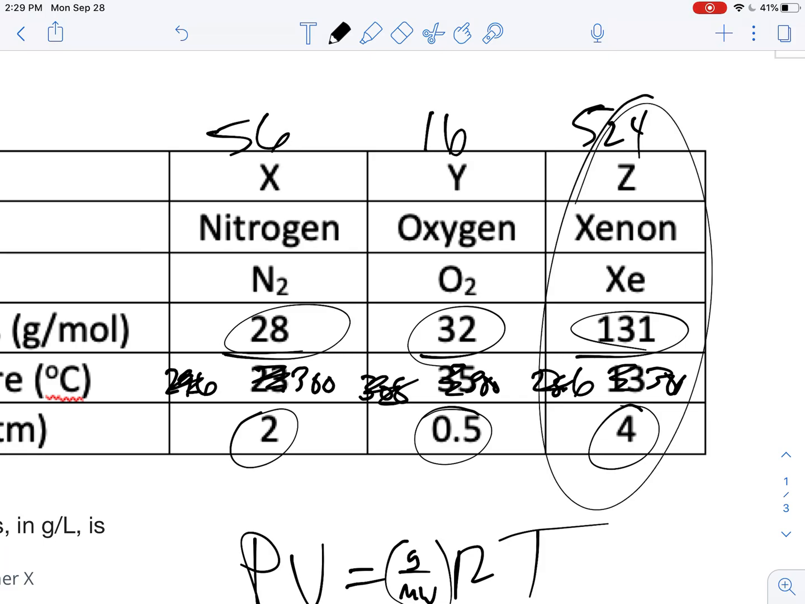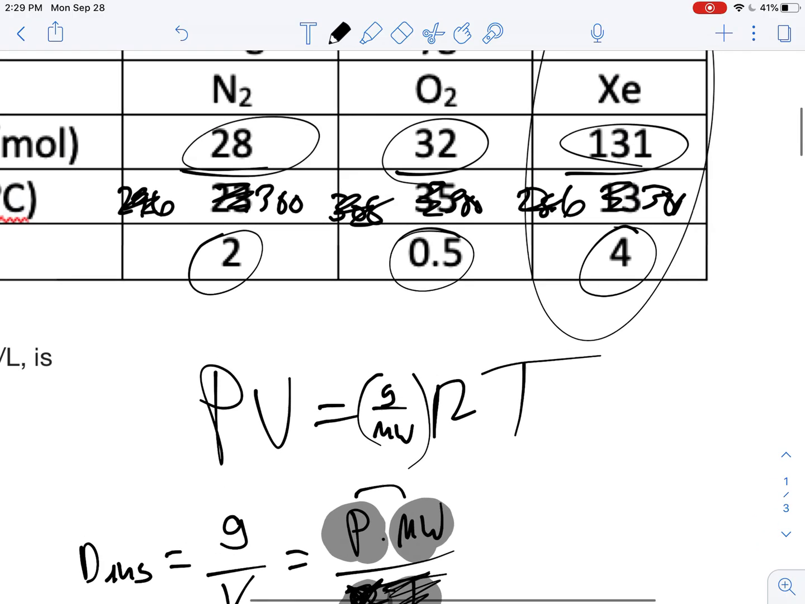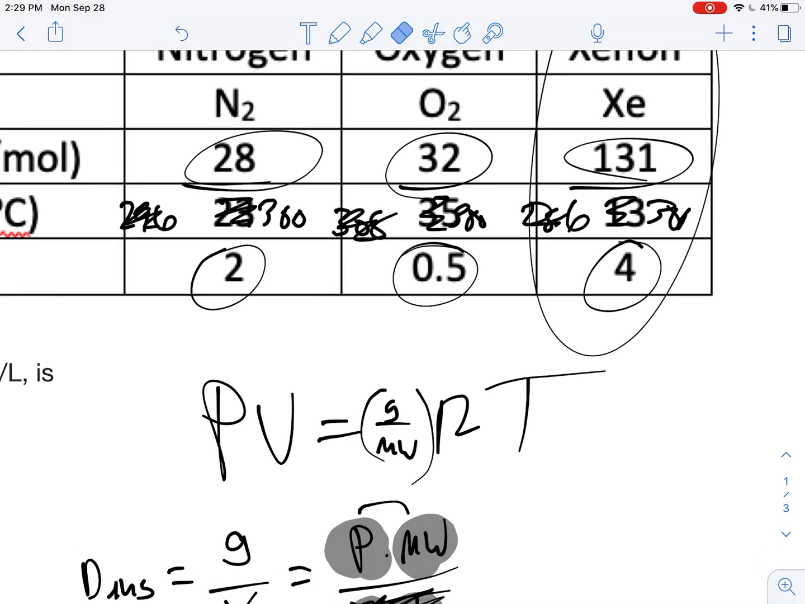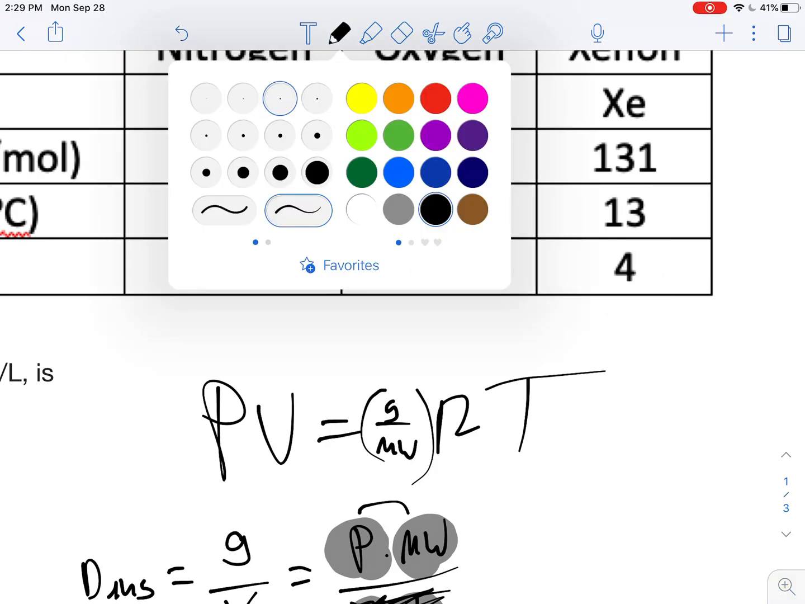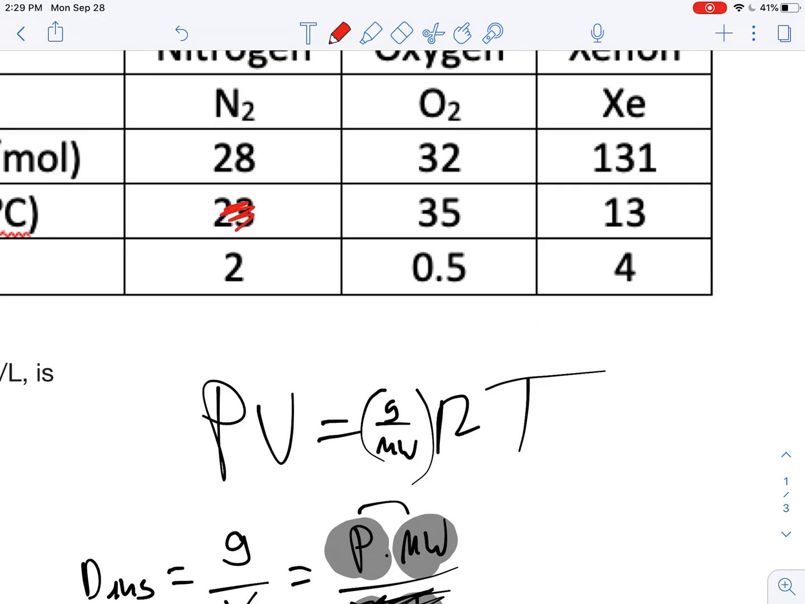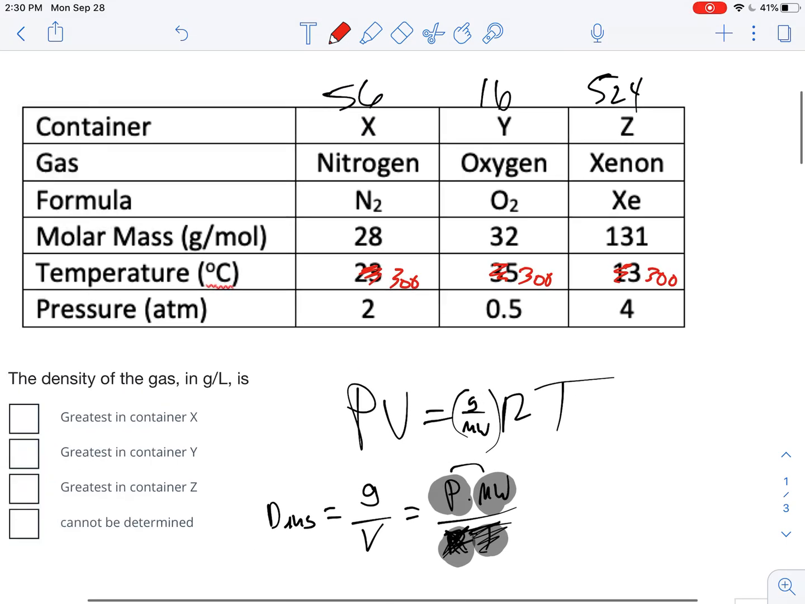But it's pretty obvious that the xenon there is going to have the highest pressure times molar weight when R is the same and the temperature really hasn't changed that much. So again, when you are comparing these, the temperature really is right around 300 for all of them. Yes, it's a little bit different, but since it's just about the same for all of them, that temperature really isn't involved. So the xenon there, letter Z, should be